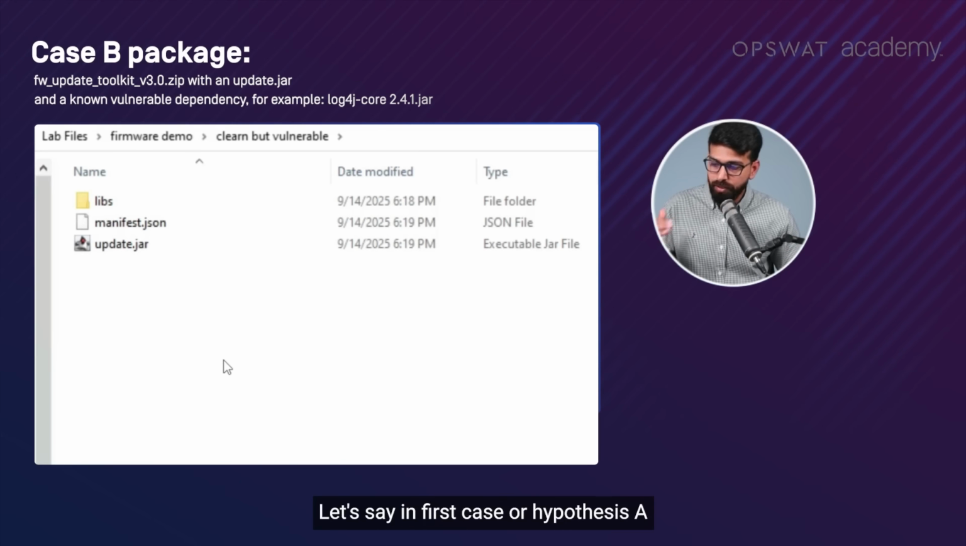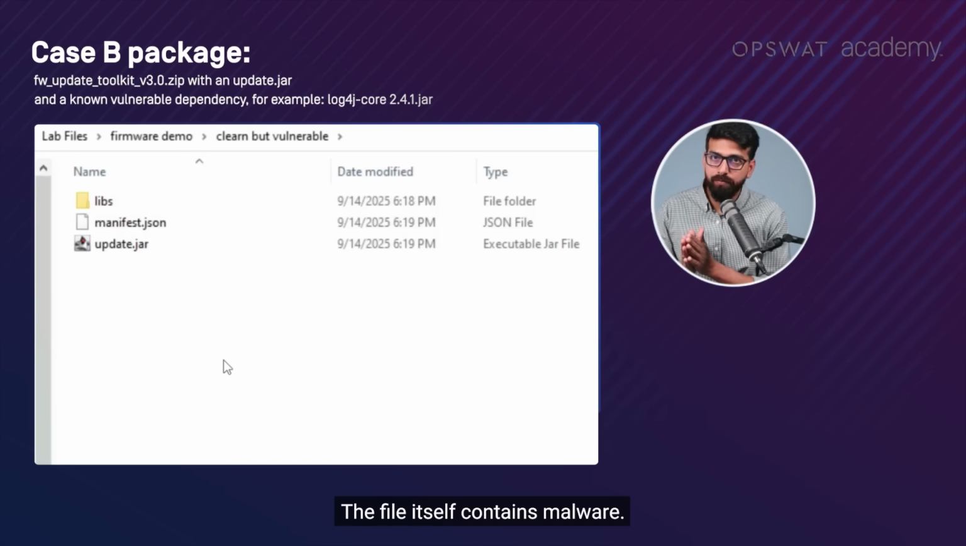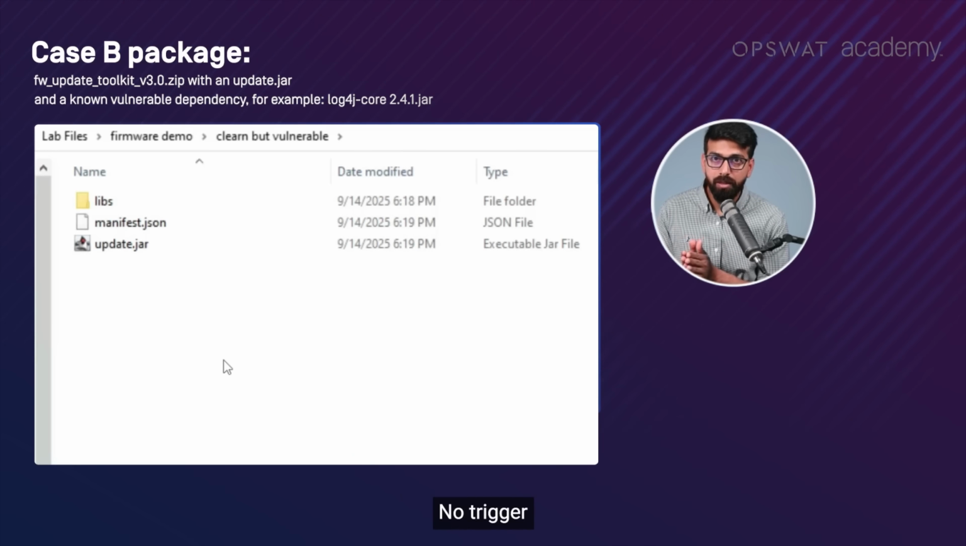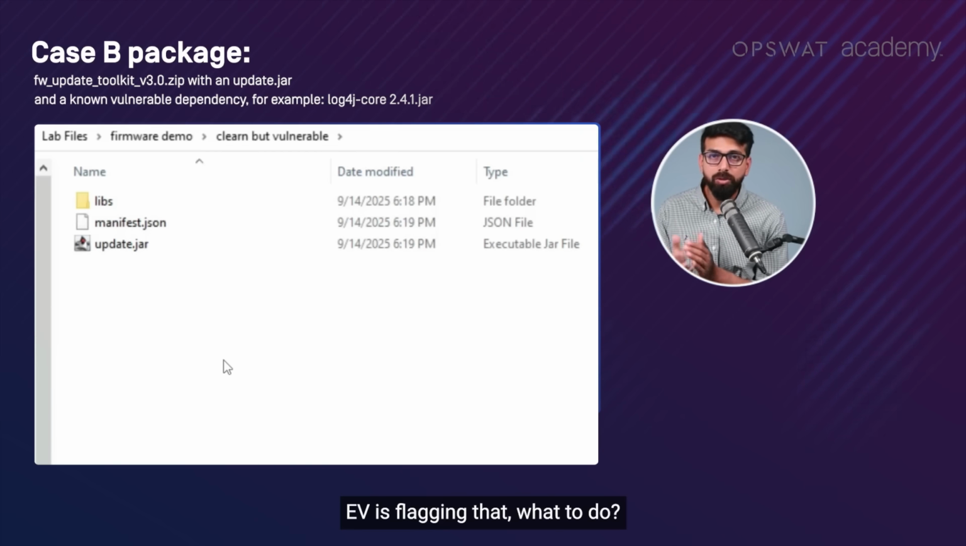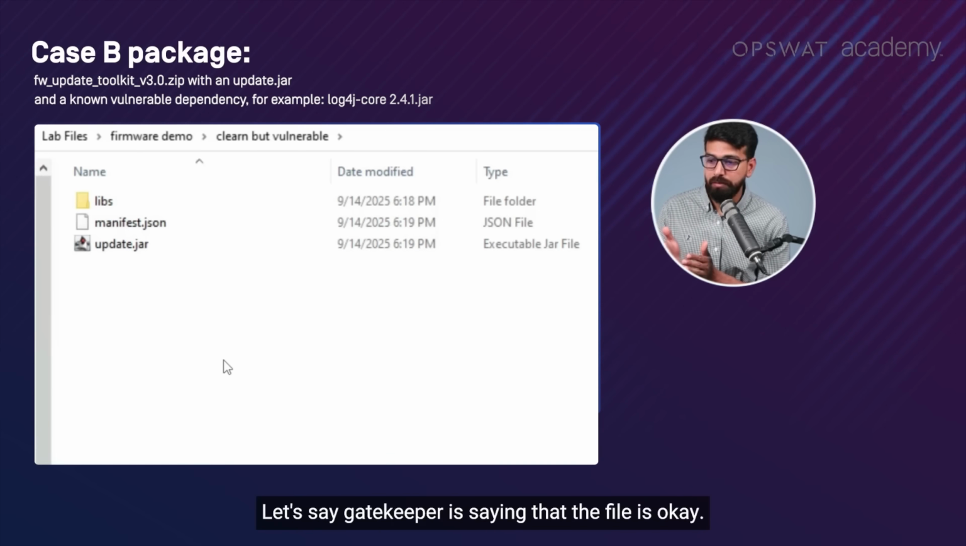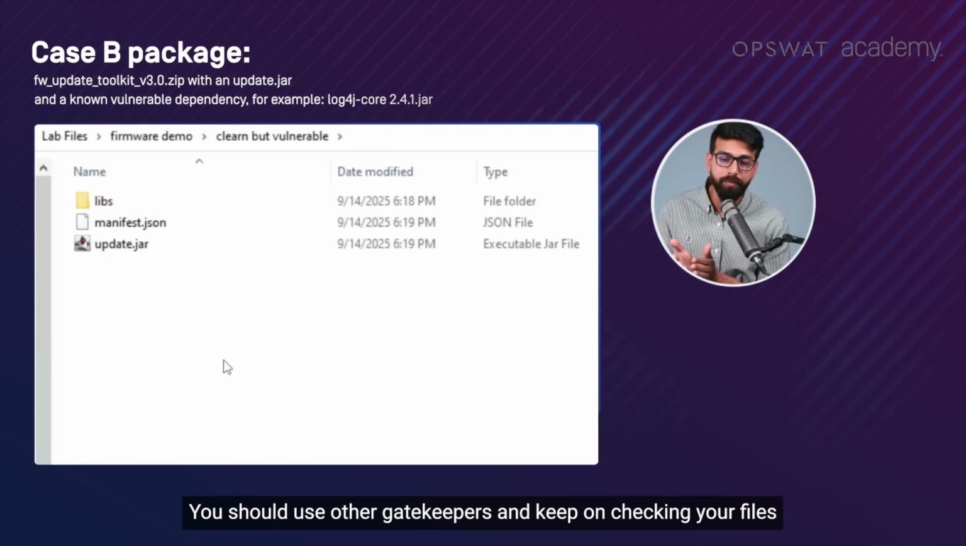Let's say in the first case, or hypothesis A, the file itself contains malware, so you should not let it pass. What if you see an update coming from your vendor, and it's clean, no trigger, no AV is flagging that? What to do? Should you let it pass? Of course not. If one parameter of your security, one gatekeeper, is saying that the file is okay, you should use other gatekeepers and keep on checking your files from other